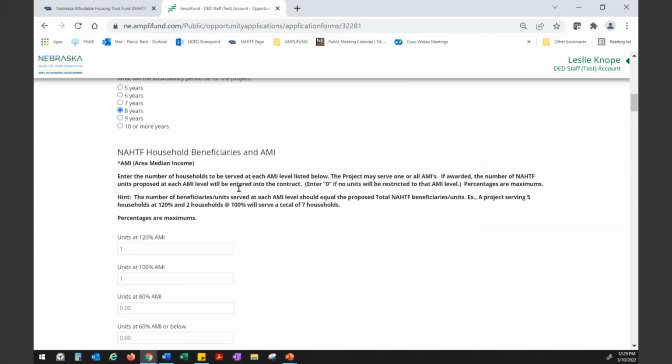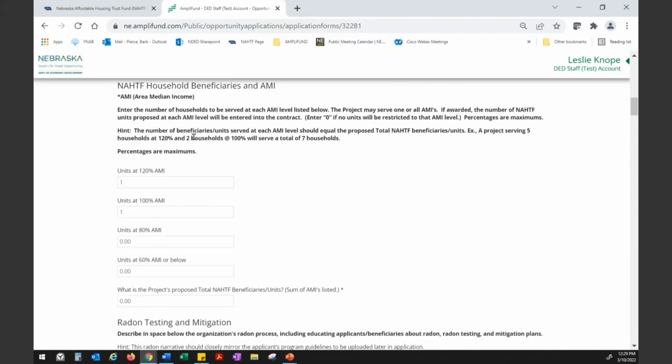Then our household beneficiaries, so every project is going to have some kind of beneficiaries, and you're going to claim here what your target area median income will be for choosing a targeted beneficiaries to serve. In this project, we're doing 2 units. One of them, we're going to serve anyone at or below 120%, and we're going to do one at or below 100%. Now, whatever you choose to put in to these will be, if awarded,